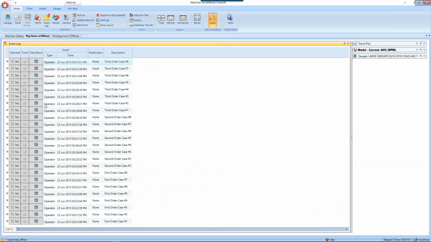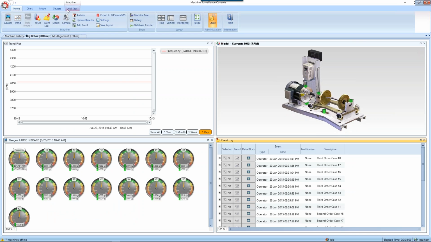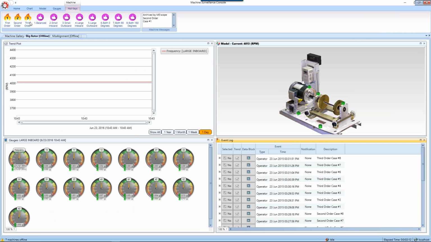These are operator events where I define third order, second order, first order, and the various unbalanced cases, 1 through 8. So I've already identified that data in the database,